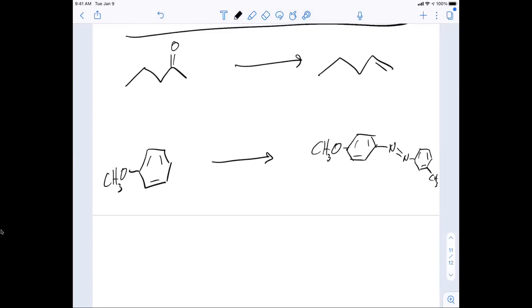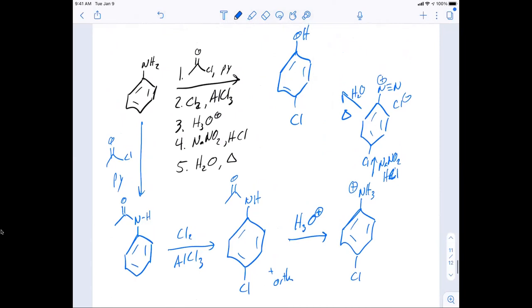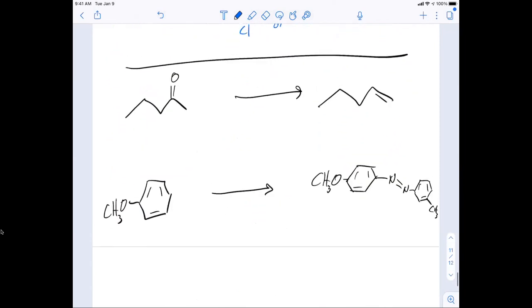Okay, let's take a look. All right. So whenever I'm giving you the reagents, you work through it. But here we have to think about multiple steps and synthetic strategies. Here we're starting with a ketone. Well, what do you notice about the product that should give you a key to where we need to go? This is an alkene,